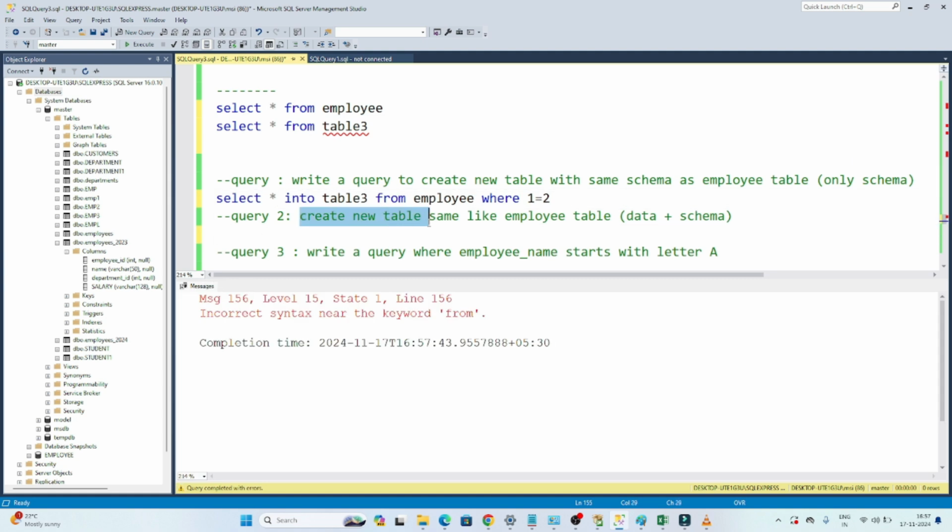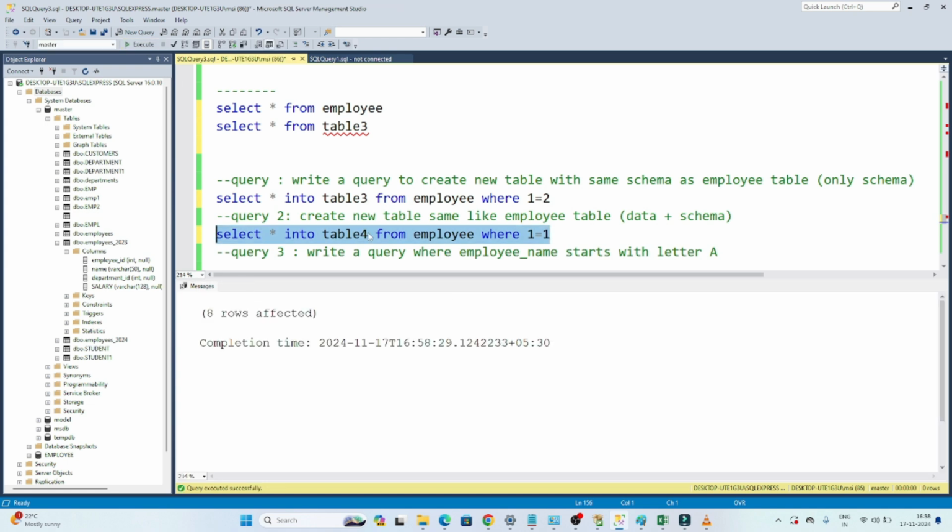Next query is: create a new table same as the employee table, data plus schema. I want to create a new table, table 4, same as the employee table, and in that table the data as well as the schema should match the employee table. How can I write a query for that? Select star into table 4, this is the new table I want to create, similar to the employee, where 1 equal to 1. If I execute this, what will happen? It will create a new table, table 4, similar to the employee, where the schema as well as the data will match. 1 equal to 1 means